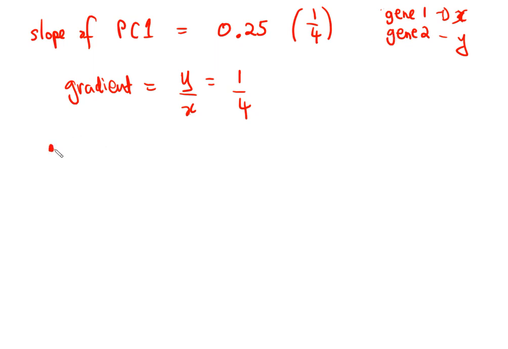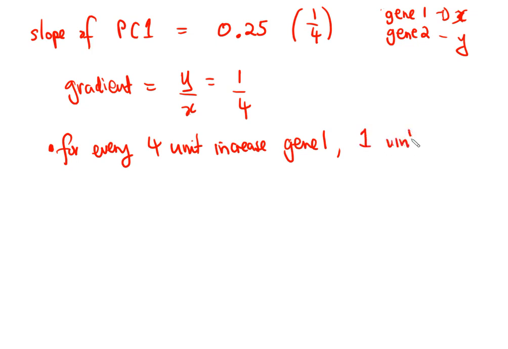Perfect. So if that is the case, then what that means is for every 4 unit increase in x or gene 1, there is a 1 unit increase in gene 2, right? That's how gradient works. What that basically means is the data is more spread out